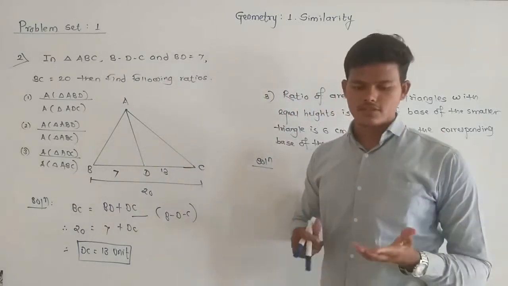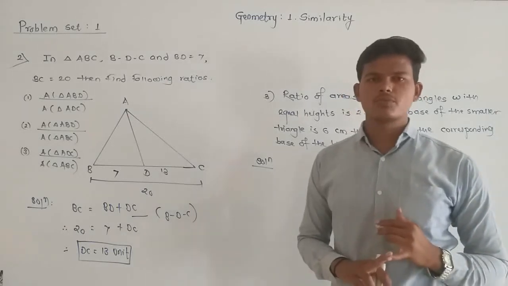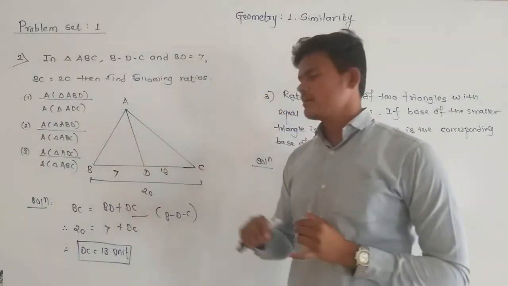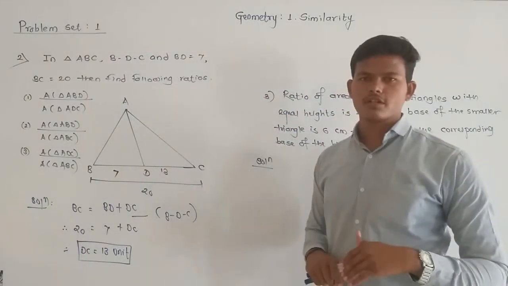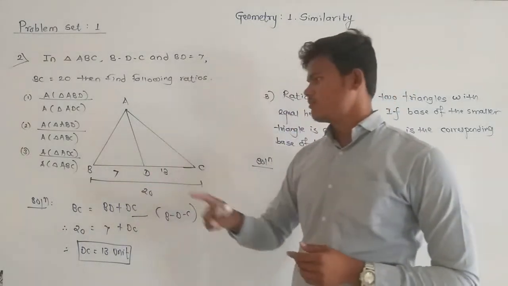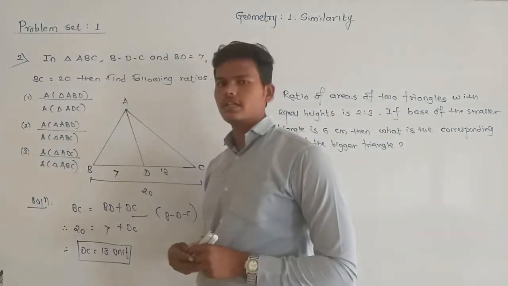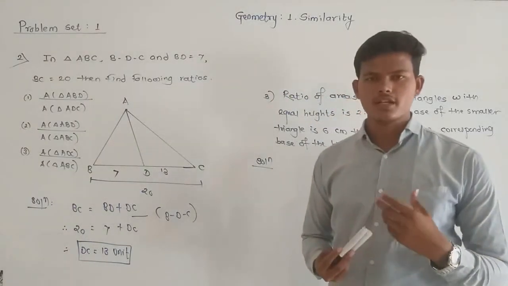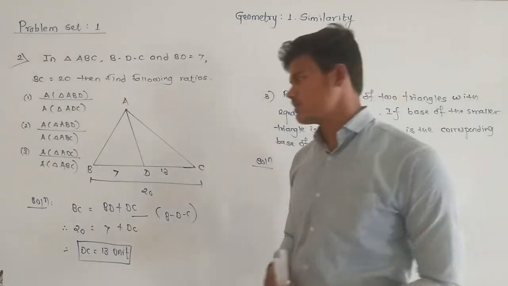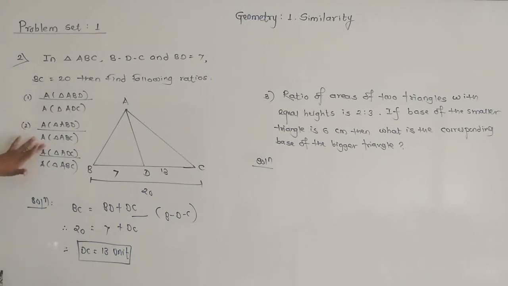There are three cases. The first property: two triangles with different heights and different bases, their areas are proportional to the ratio of the product of their bases and corresponding heights. If two triangles have equal bases, the area is proportional to their corresponding heights. If two triangles have equal heights, their areas are proportional to their bases. And the last case: if two triangles share one common vertex, their heights are equal, so their areas are proportional to their bases. So all three ratios depend on the first property.